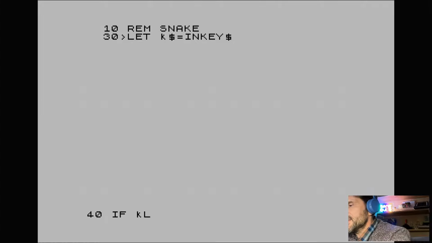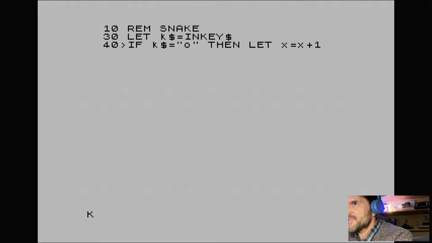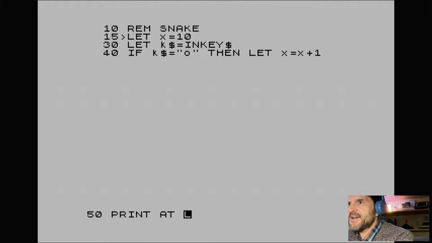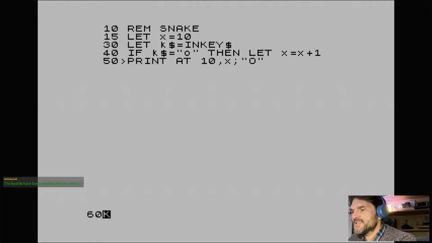So if I put let k strings, if k strings equal O, and I'll put some variables in a minute, let x equal x plus 1. Okay, and this is just to show you what my thinking is. So let's go 15, let x equal 10, and 50 print at 10, x, and I just put a circle. Now if I put 60 go to 30, now if I push O,